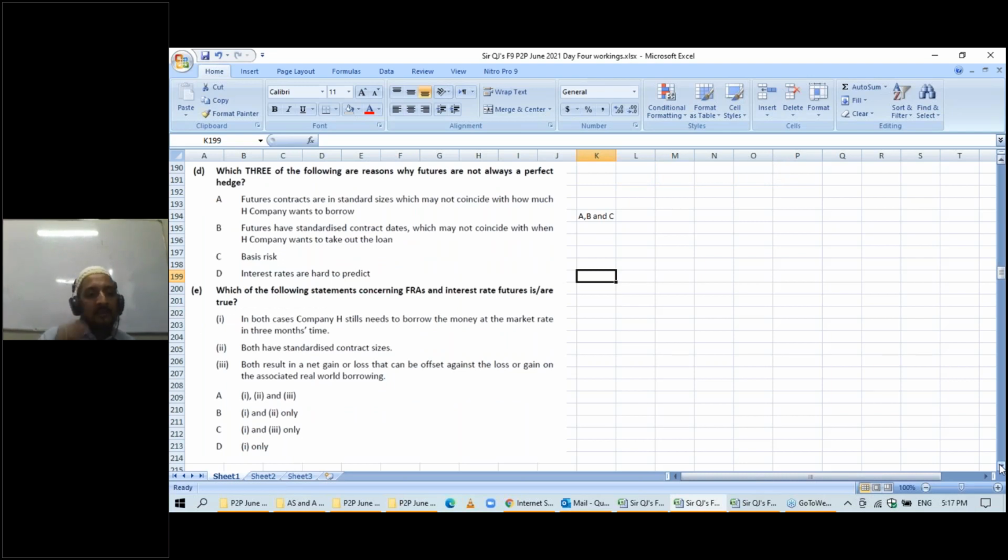Okay, then the last part. Which of the following statements concerning FRAs and interest rate futures are true? This is regarding both FRAs and interest rate futures. So in both cases, company H still needs to borrow the money at the market rate in 3 months time. So only in case of